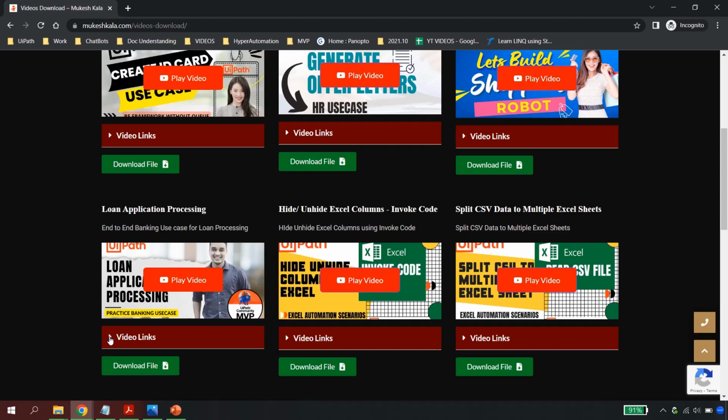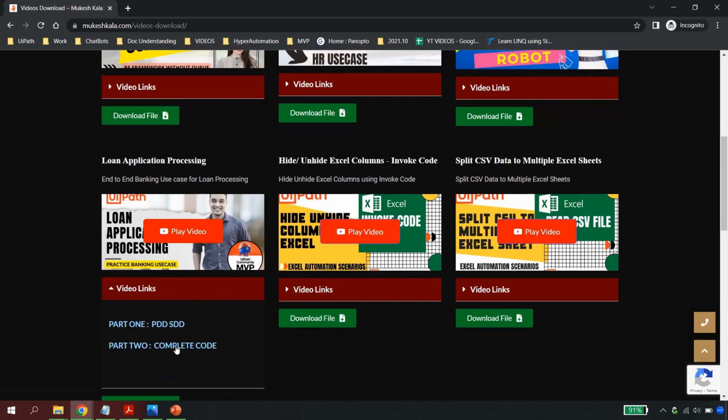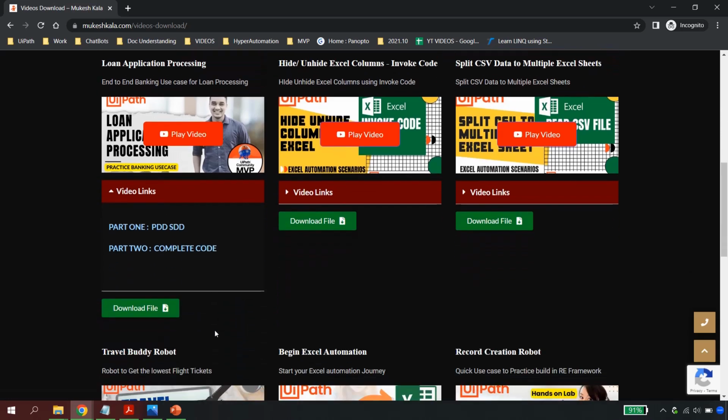And in here you would see there is a button which says download file. At any point of time, if you want to play the video, you can click on these video links and you can play the videos as well. Now to download the file, you simply have to click on this button which says download file,